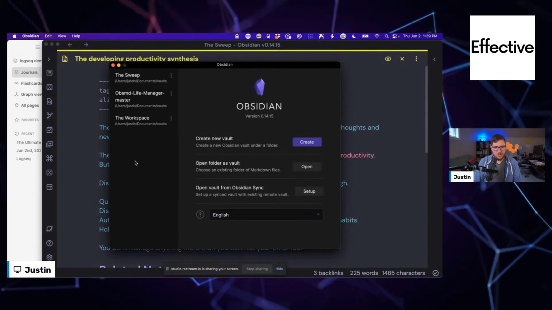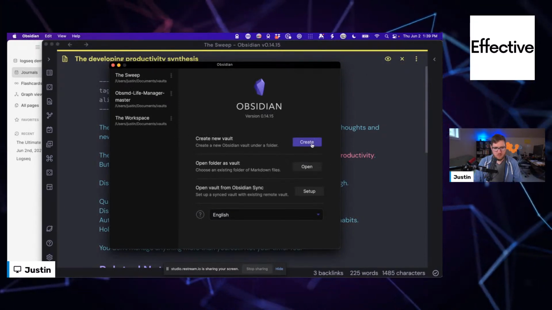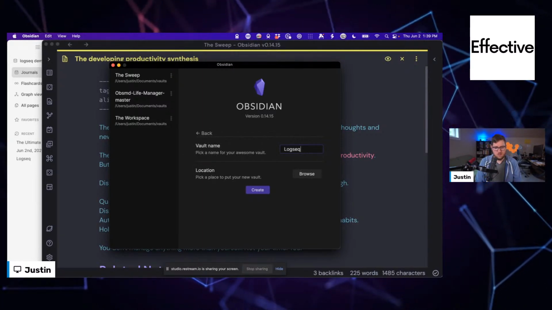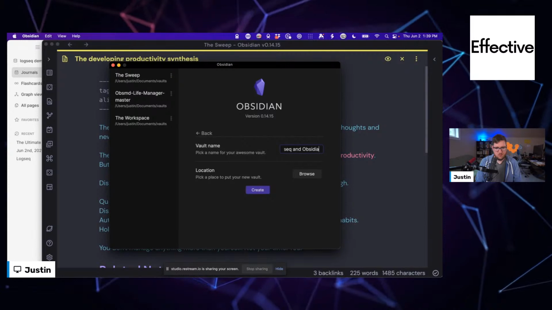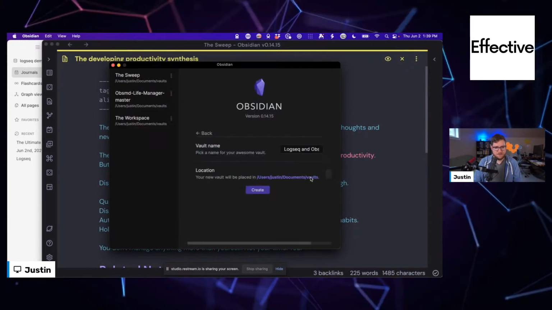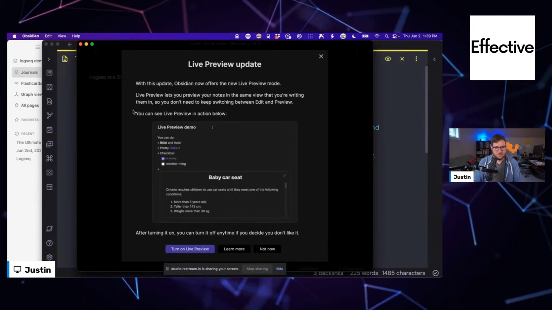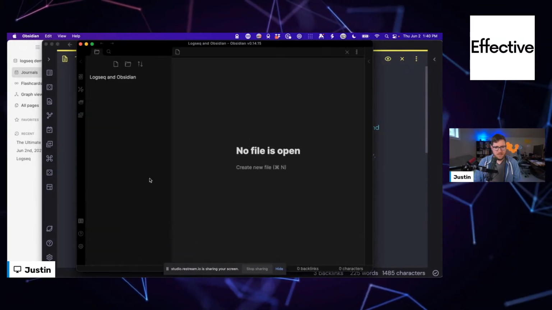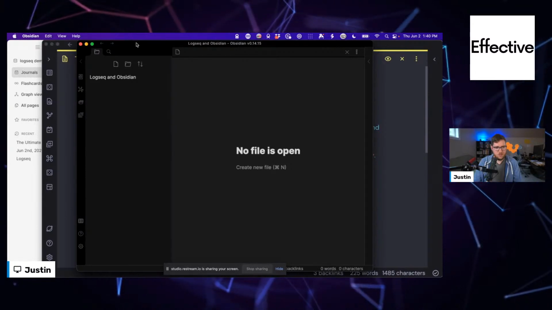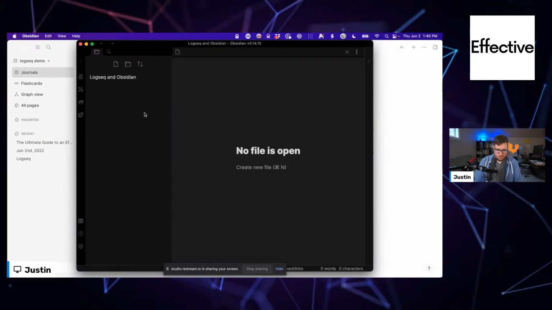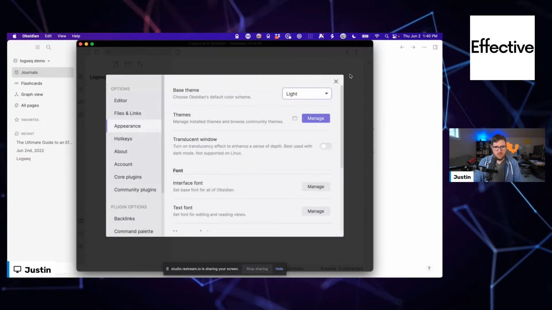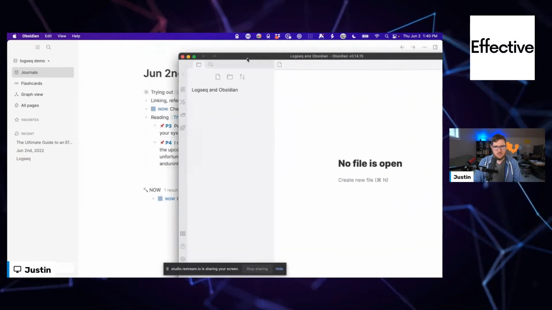I am just going to create a brand new vault. See what we can do. Yes, I want live preview. Okay, close the other one out. I want to bring it into light mode. Of course, I'm doing this the hard way instead of the command palette.